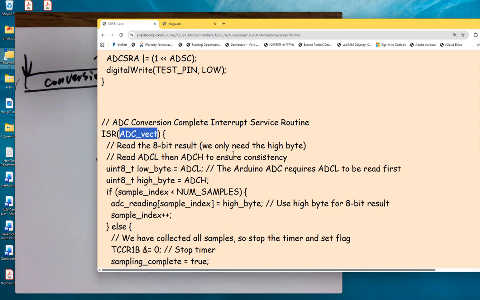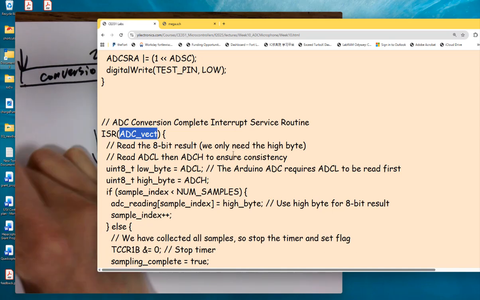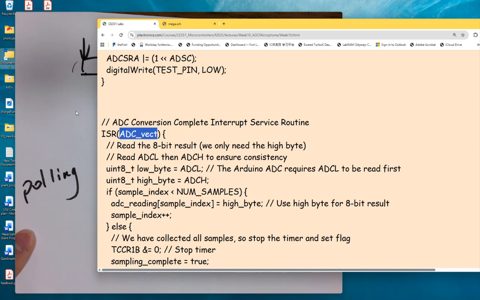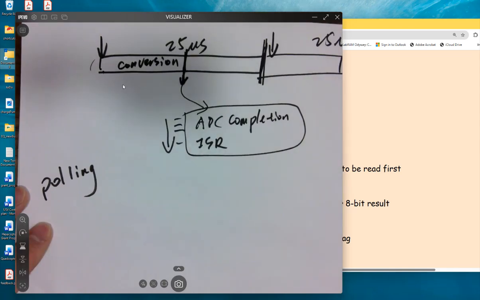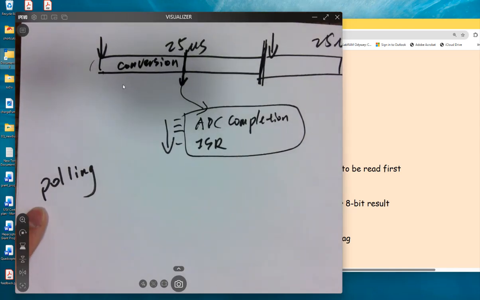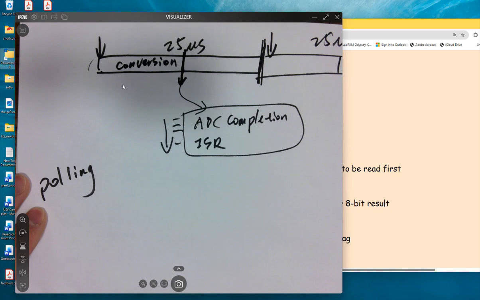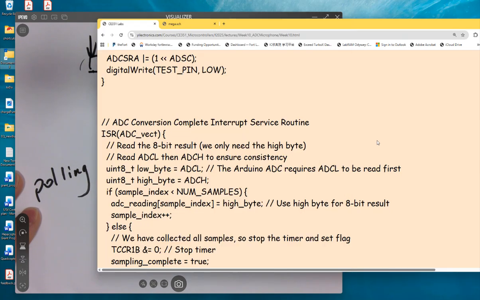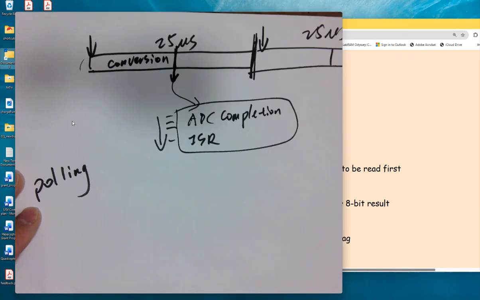You can have something like ADCF1, I think the name is. You can always check that flag. It's called polling, right? In an interview, you can tell them what kind of things you are doing. You can poll a flag, or you can just use an ISR. Either way. So the ISR will directly clear it, and whenever it's done,